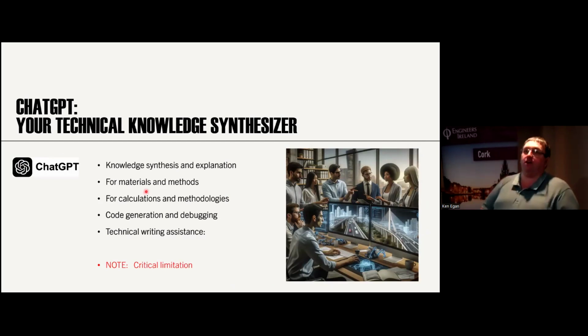ChatGPT. We all know ChatGPT. When was that? 2022 when it first broke, and this is what everybody is on about. ChatGPT by OpenAI. It's totally versatile. It does everything. It does your knowledge, it looks at materials, looks at documents, can do the code, and basically takes a little idea and you can create a technical document out of it.